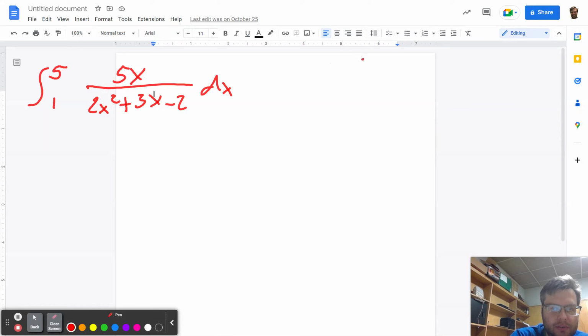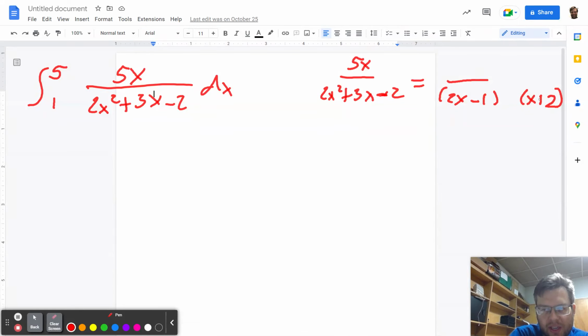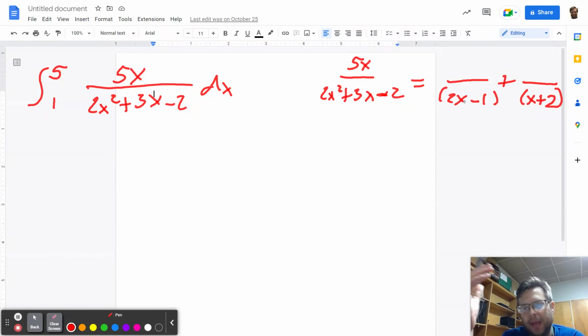And so I'm going to do some work over here on the side. The denominator factors to be, let's see, 2x and times x makes 2x squared. The only way to get 2 is 1 times 2. I need a 2 over here to get 4x minus 1x. So this is how it factors here. I kind of just narrated what my thought process is, where I'm trying to match up the x squareds, the x's, and the constants. And that same idea of matching up is what I'm going to use to break apart